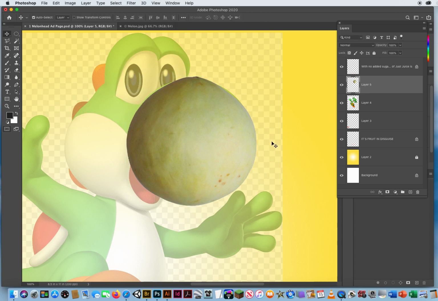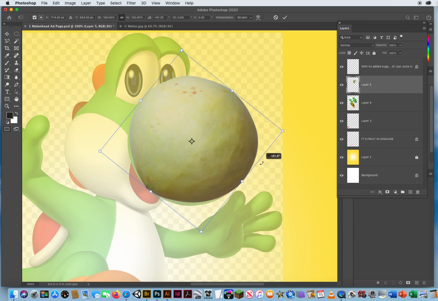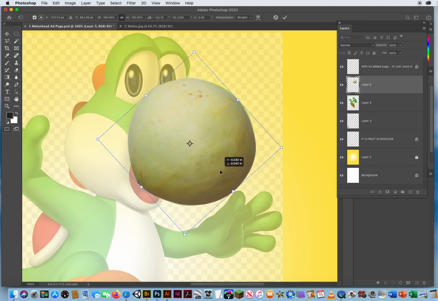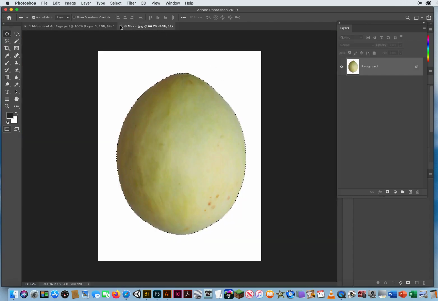And I'll hit return. But I don't want the shaded side to be right next to his face. So Command T, I go outside and I can rotate that object right there. Maybe we'll set it down like that so the underside of his nose is shaded, giving it a more rounded look. And I'll hit return. And I've got this little element right here, this red shape for the mouth. So once the melon is done, I can click on it, close it,